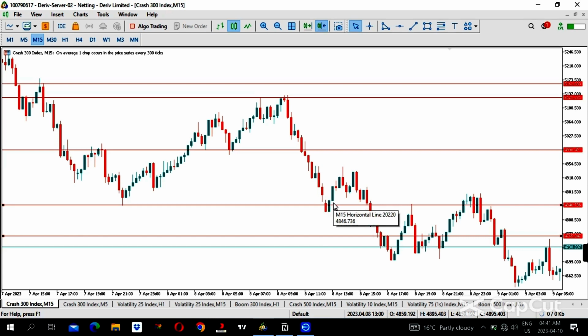Another tip that I'm going to be sharing with you: as you can see over here, we had a gap. This gap over here is liquidity in the market, so that gap has to be filled. That's another further confirmation that we'll be looking for, that will